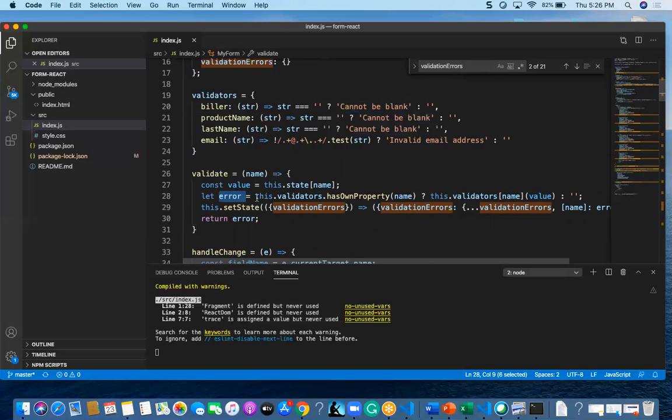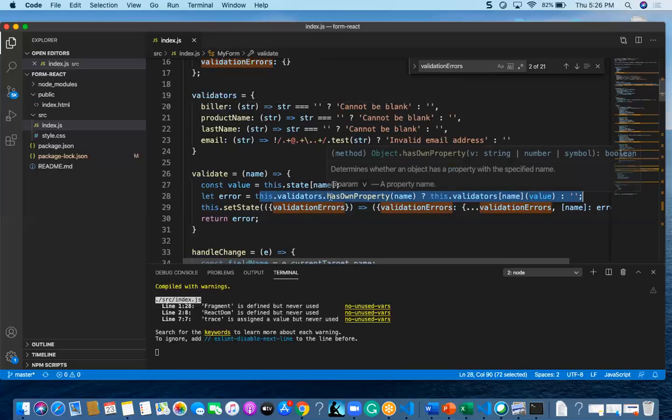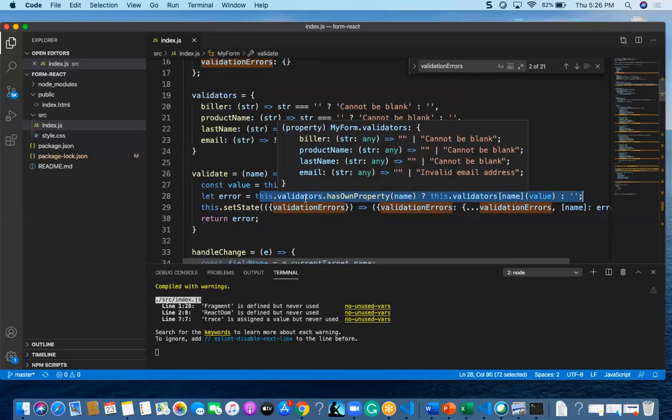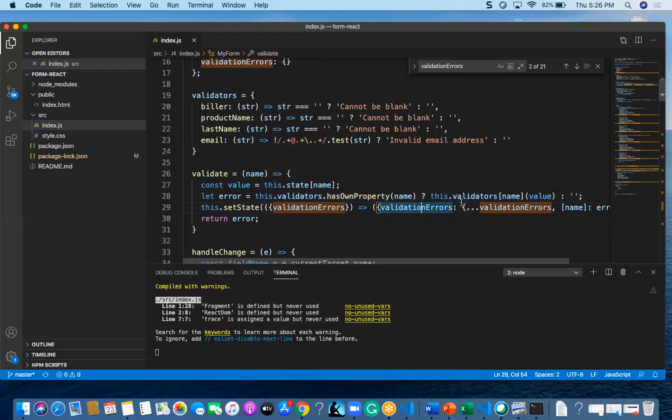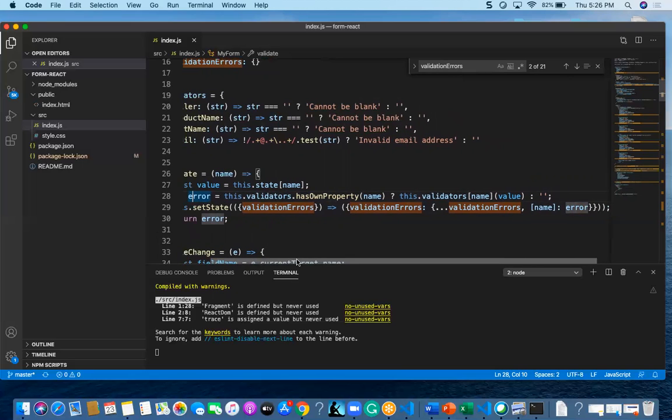This is a simple XOR function which mentions the condition, true block and false block. In this condition, if the property has that particular name and it is an error, it will throw the error to the let error.